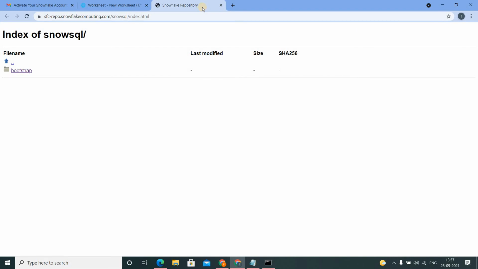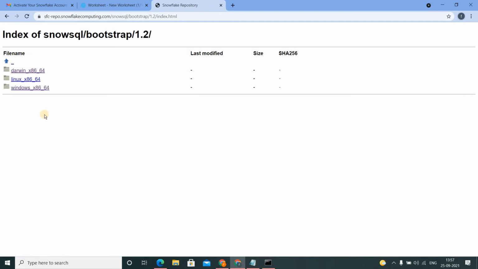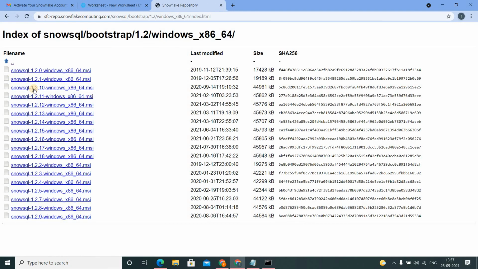Now when I click on that particular button, it has taken me to this bootstrap folder. When I click here, I get these 3 directories. If you are using the iOS operating system, you choose the upper one, and if you are using Linux, choose the second folder, and if you are using Windows, since I am using Windows, I am clicking on this particular Windows folder.